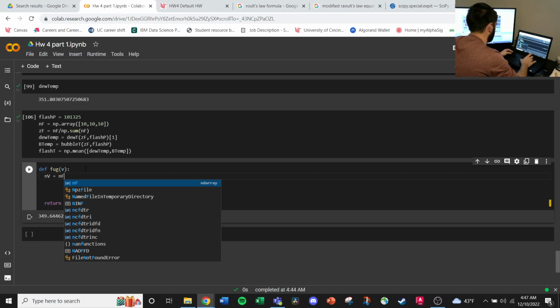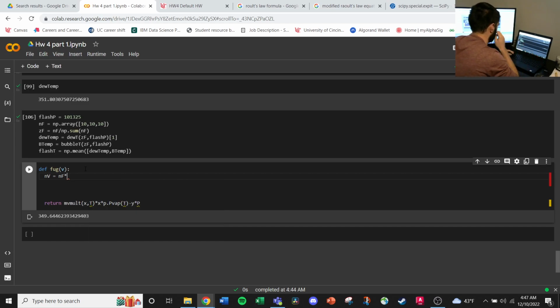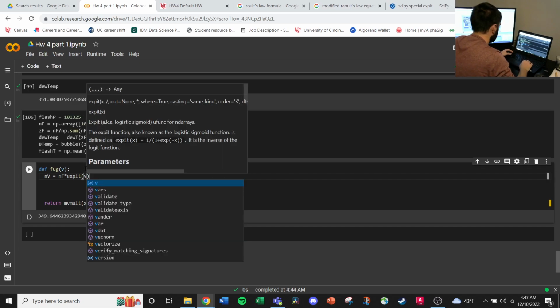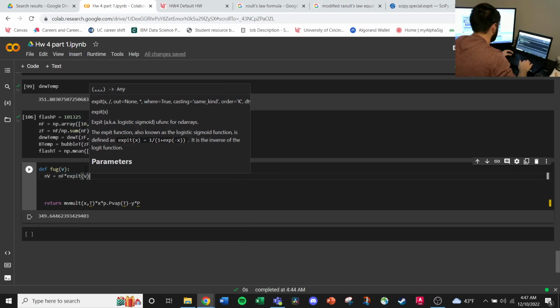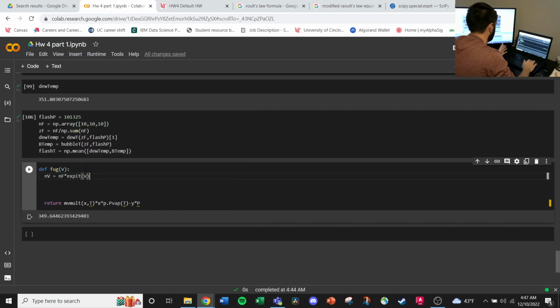So as I was discussing with the variable transformation that we're doing with expit, that's what we're going to be solving for. That's what we'll do here. So expit